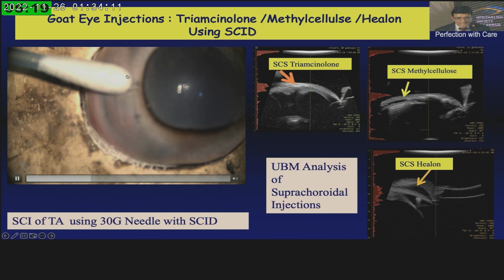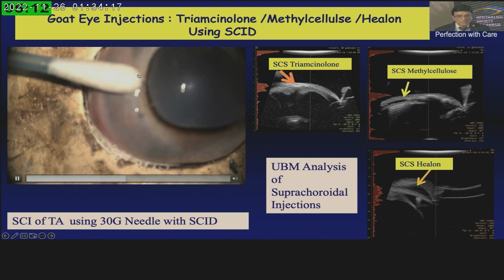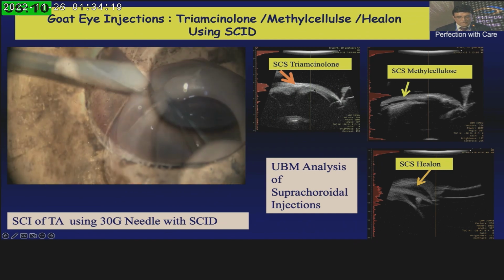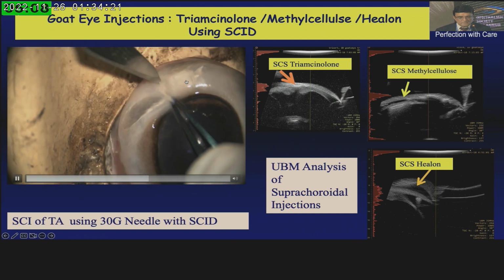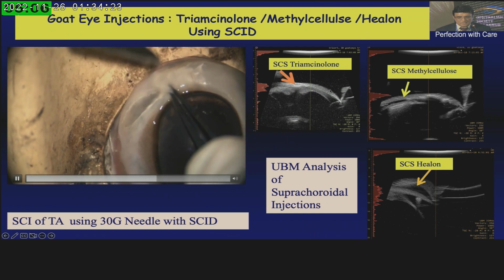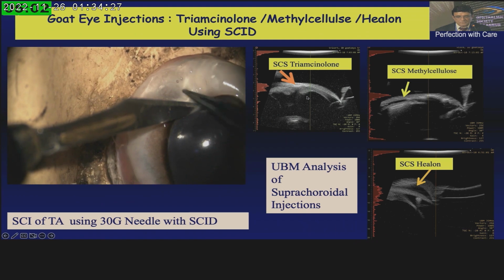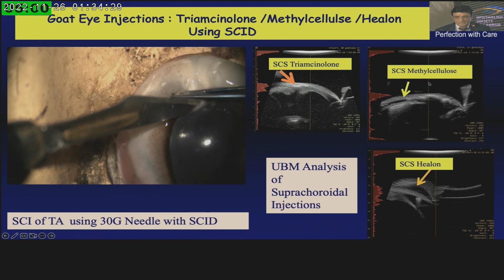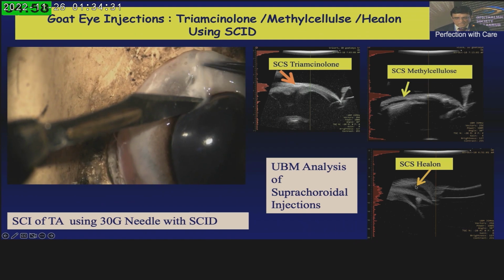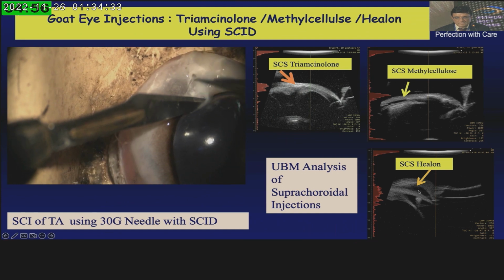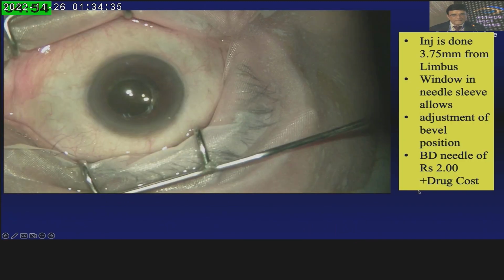Then I will dissect out the suprachoroidal space and demonstrate that the drug has gone into the suprachoroidal space. We also injected it in the goat's eye. You can see here this whitish material, which is triamcinolone. And then we did a UBM analysis of triamcinolone in the suprachoroidal space, methyl cellulose and Healon, and you can see here the suprachoroidal space is expanded by Healon. We went ahead and did